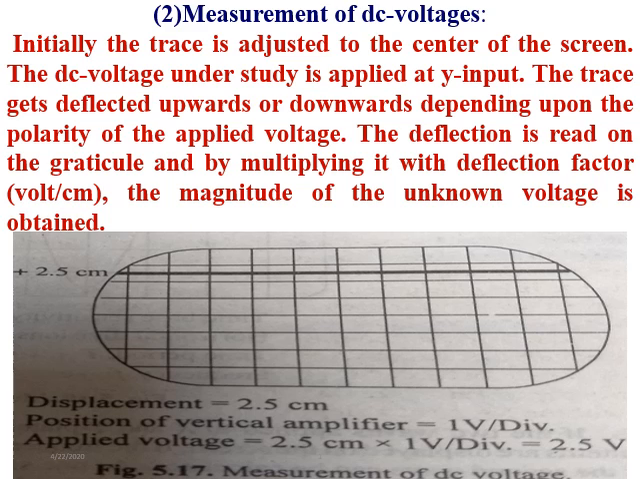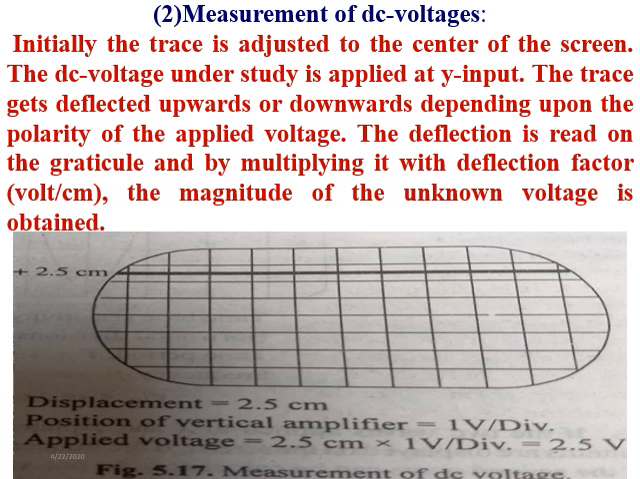To measure the DC voltage, initially we have to adjust the trace of electron beam, that will be a horizontal trace at the center of the CRO screen. Then the DC voltage which is to be studied is applied to Y input, and the trace gets deflected upward or downward depending on the polarity of the applied voltage. So the deflection is read on the graticule of CRO, and by multiplying it with deflection factor,